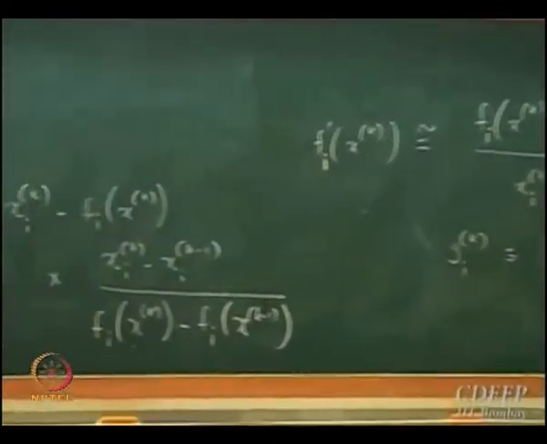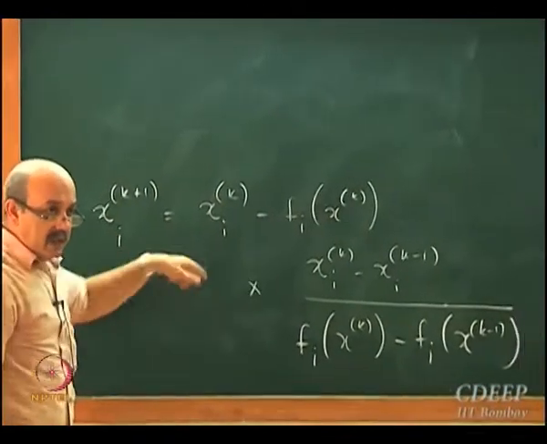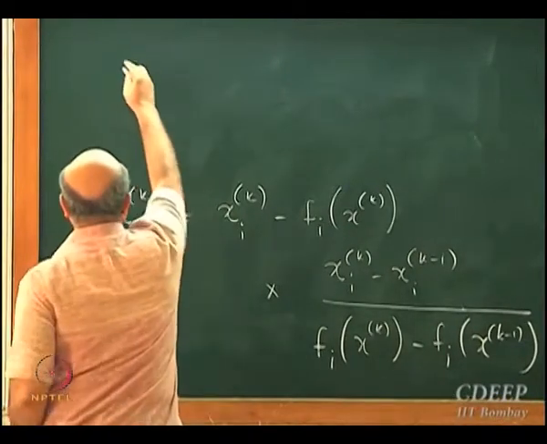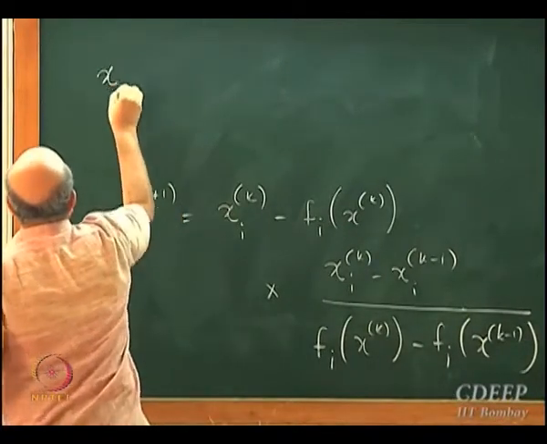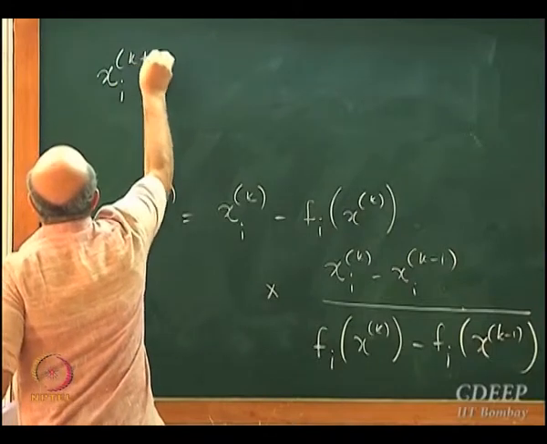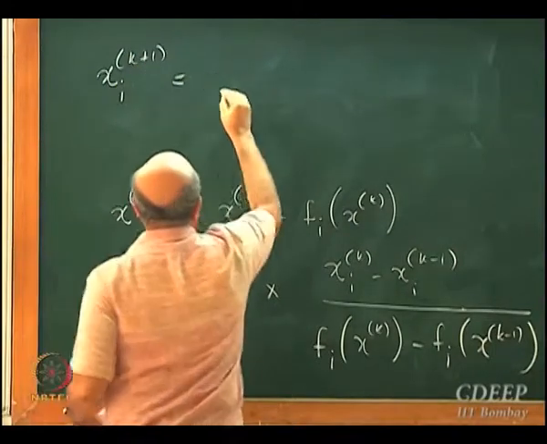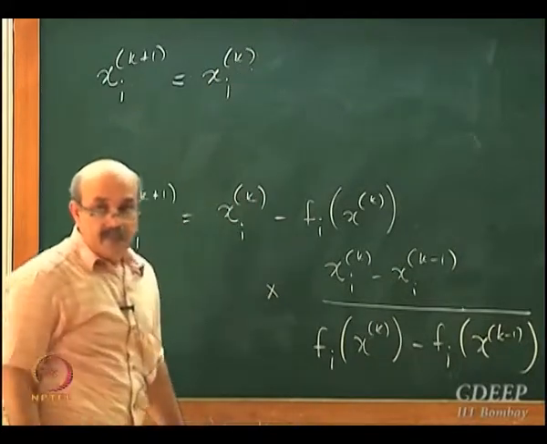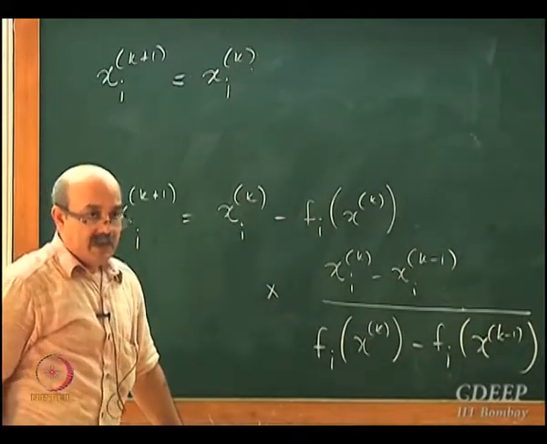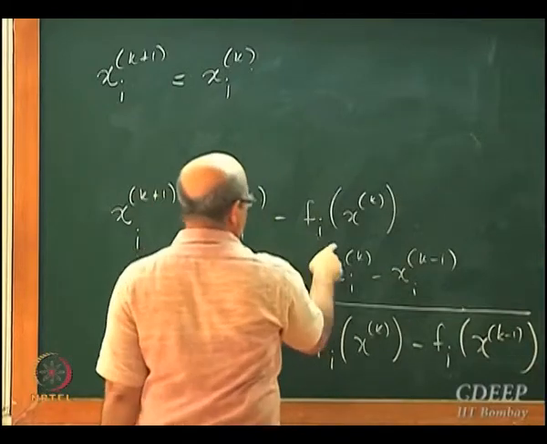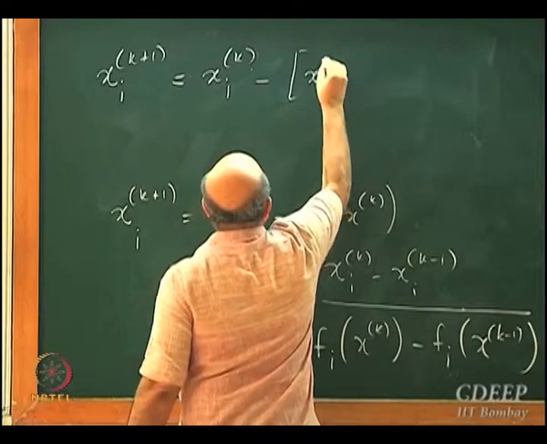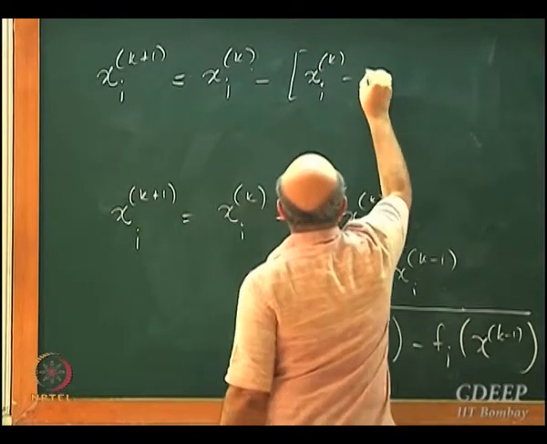So this formula which I have here now, okay, in terms of Sik, this can be written as xi k plus 1 is equal to xi k, xi k. Now what is Fi? Minus